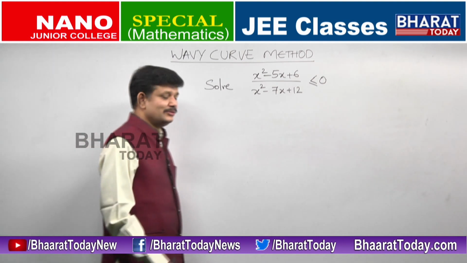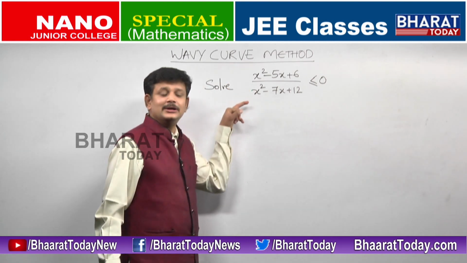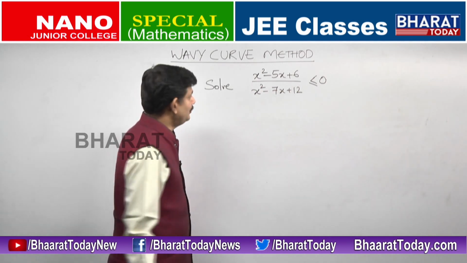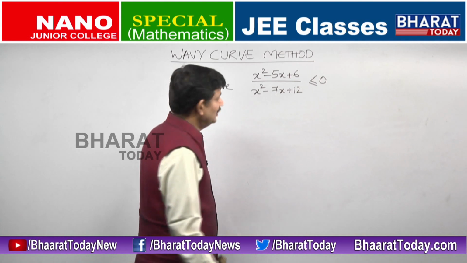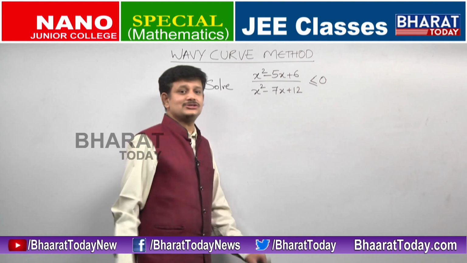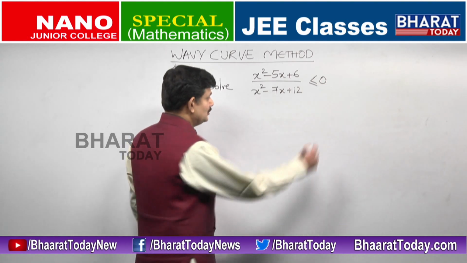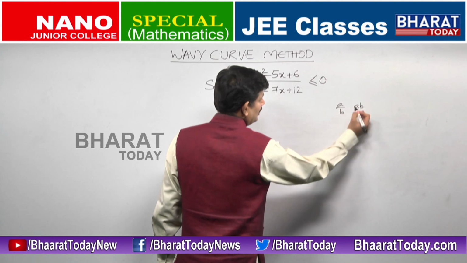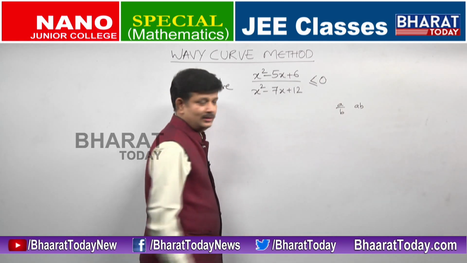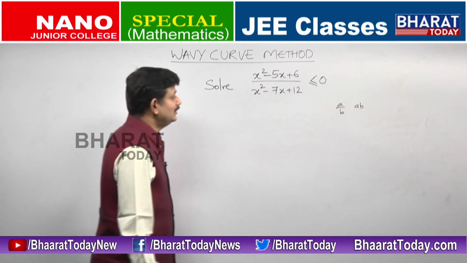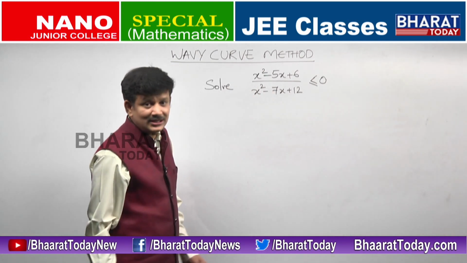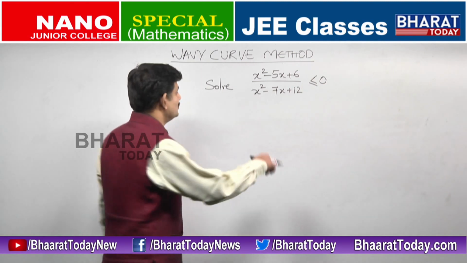Okay, so this is a rational inequality. What is a rational function? A polynomial divided by another polynomial will be a rational function. So here you have a ratio of two polynomials. So the concept remains simple. Whether it is a product of two numbers or a ratio of two numbers, if both of them are positive, the product will be positive as well as the ratio will be positive. So nothing will change. The numbers a by b and ab will be of the same sign. So whether it is a product or a ratio, it will not matter much except for one point. I will tell you during the question.